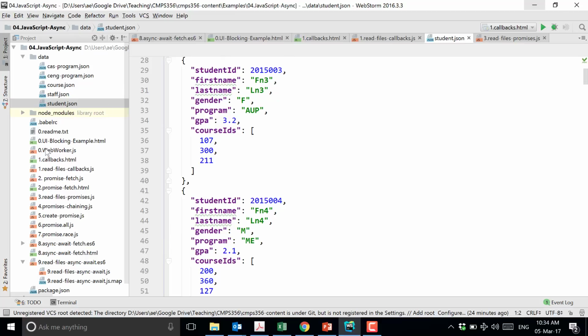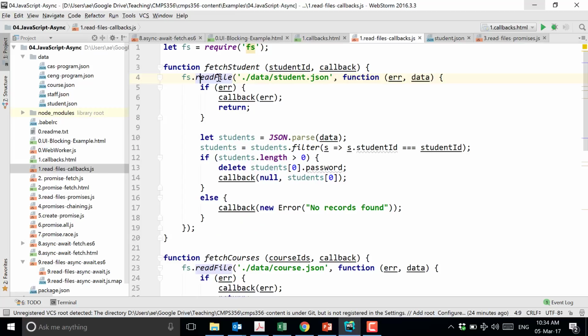Okay, so let me show you reading using callbacks. So I go to this fs package and I say readFile. Okay, and then I give it as a parameter which file I want to read. The dot stands for the current folder, go down to the data subfolder and you will see there a student.json file.